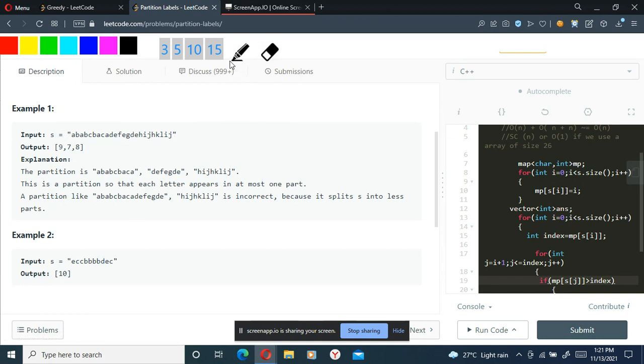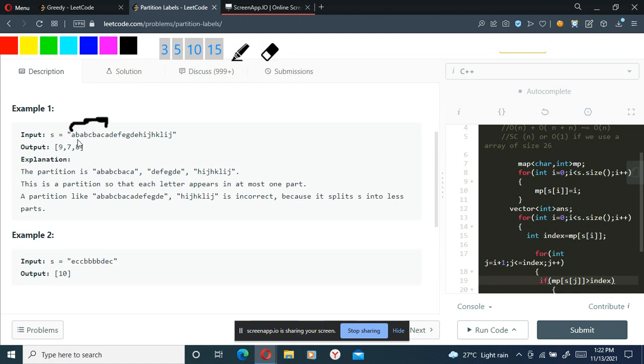So the intuition behind this problem is to take all the characters' last occurrences and check that substring. Check if there is some new character present in there.